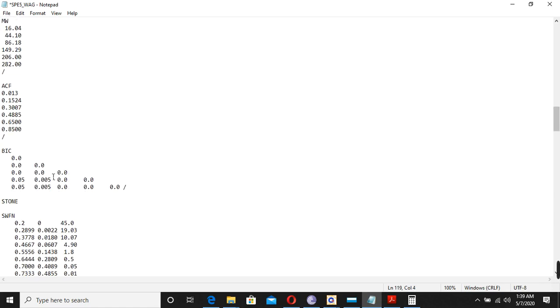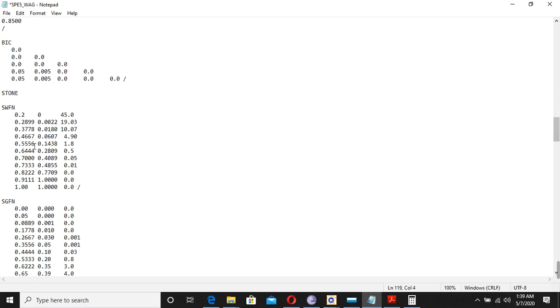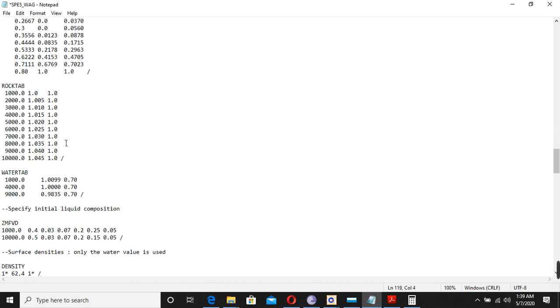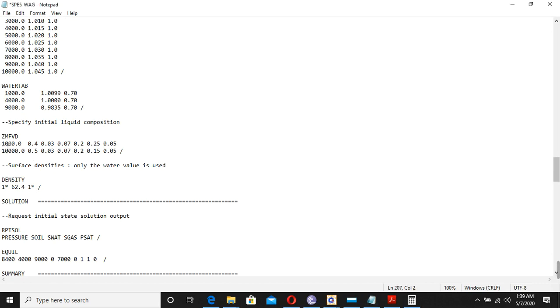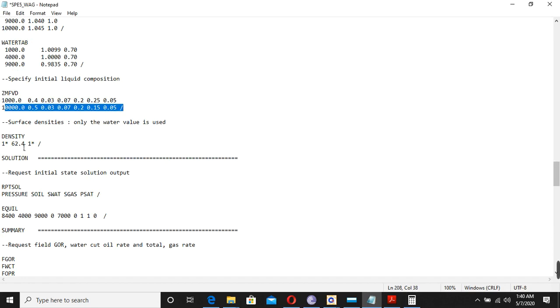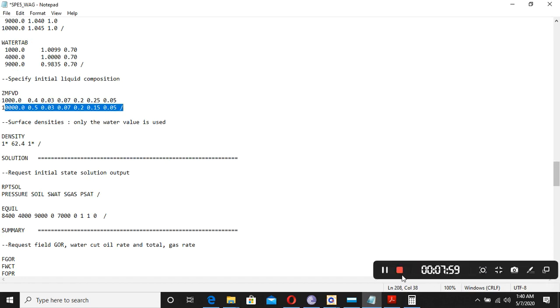Then this is the rock data, and this is the initial saturation we are talking about. This is saturation at 1000 psi, this is saturation at 10,000 psi. These are the surface densities, which is 62.4, which is the accurate one. So that's all about the property section, and now we will talk about other sections.